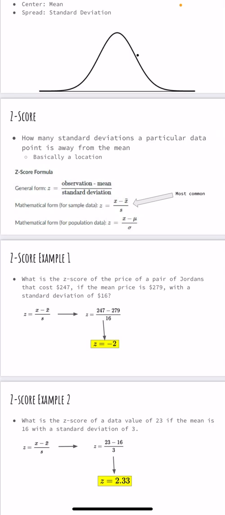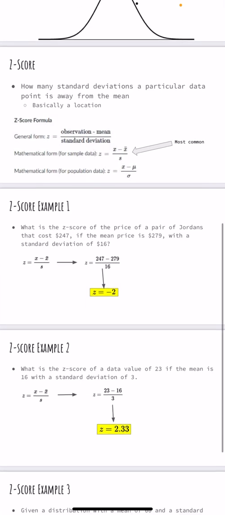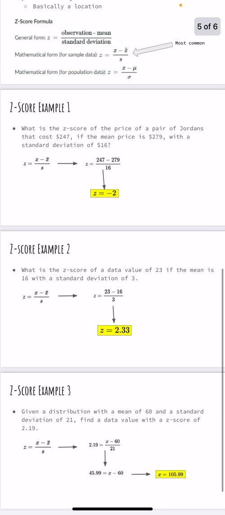which means in English, this pair of shoes at this store is 2 standard deviations below the mean. And I know it's below because it's negative. And by below, I mean left of the mean on the graph. Okay, hope that makes some sense. I'm trying to go quick, but